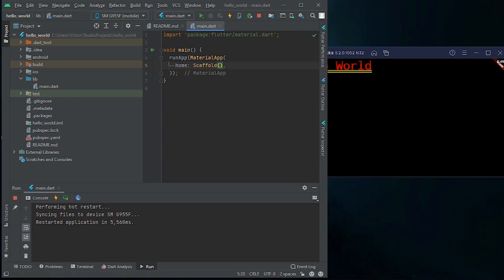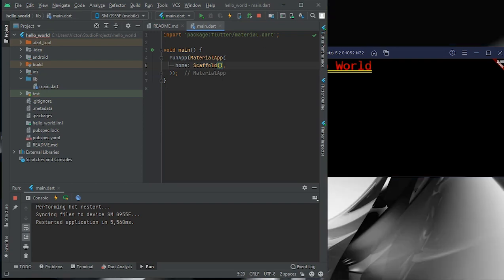This scaffold is a widget that allows us to do the normal designs. It just gives you a blank space on your phone and then you start arranging the other widgets in your app. That's what the scaffold really does. To read about these widgets, I'll leave the link to all the Flutter documentation in the description below, so you can learn more from the main website. The first thing we'll be needing, as I said, is an app bar.